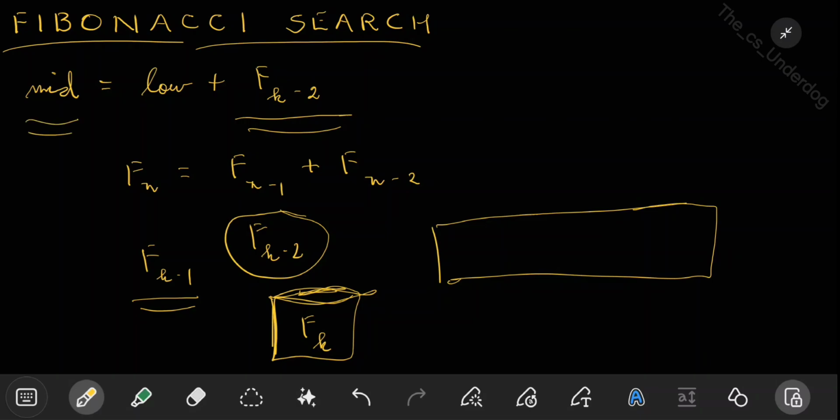So here I'm using the word mid, but don't be confused. It is not the middle point. I'm just using it because I want you to relate it with binary search. I want you to understand that instead of the middle formula that we use for binary search, we are using a different formula to find the partition point. So here the word mid, don't take it as middle, take it as partition point. Okay. So the partition point is going to be low plus fk minus 2,